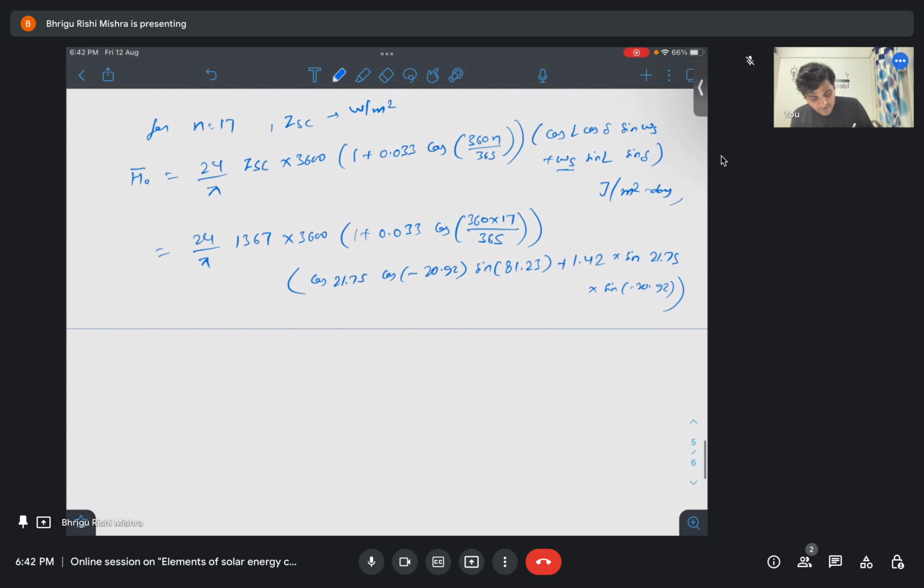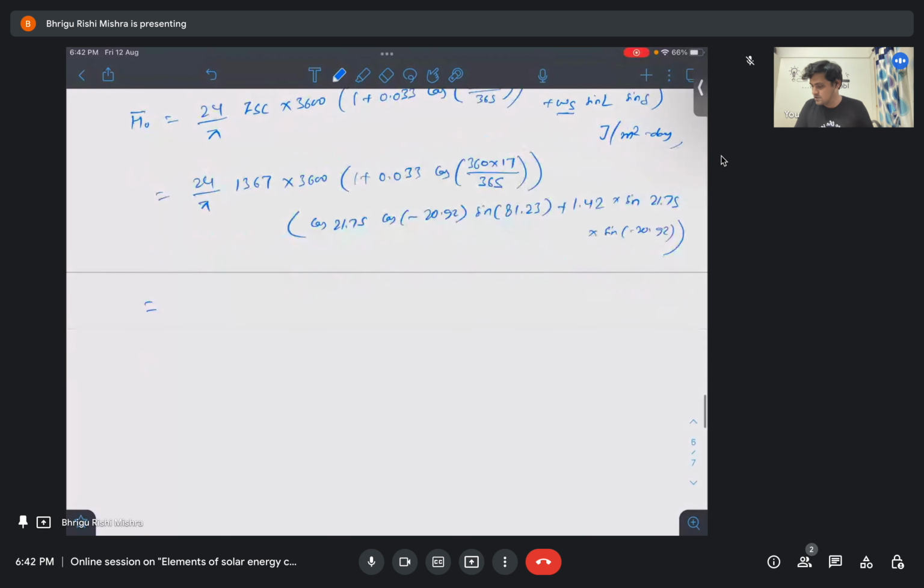If we calculate this value, I have already calculated it, but you can calculate it to check whether my calculation is right. It will come out as H naught equals